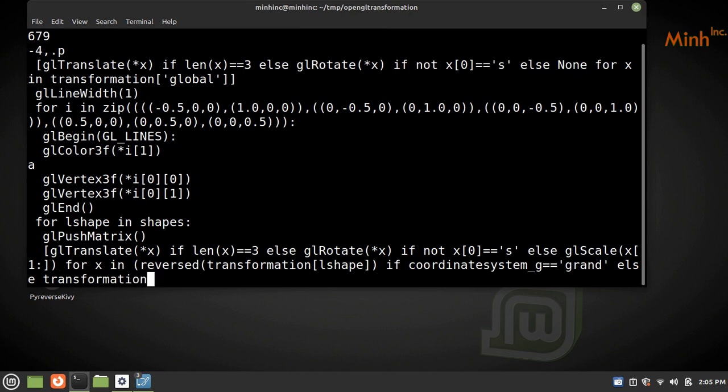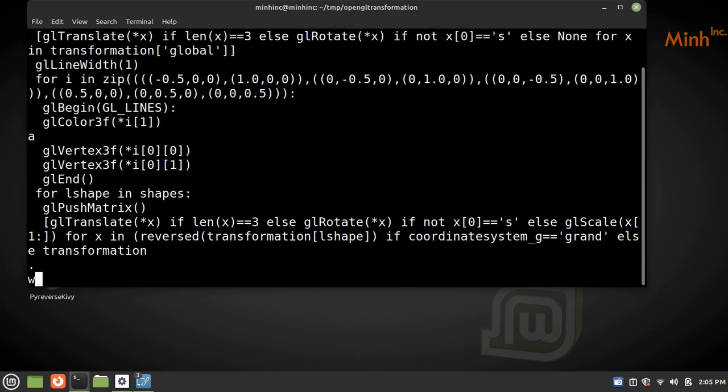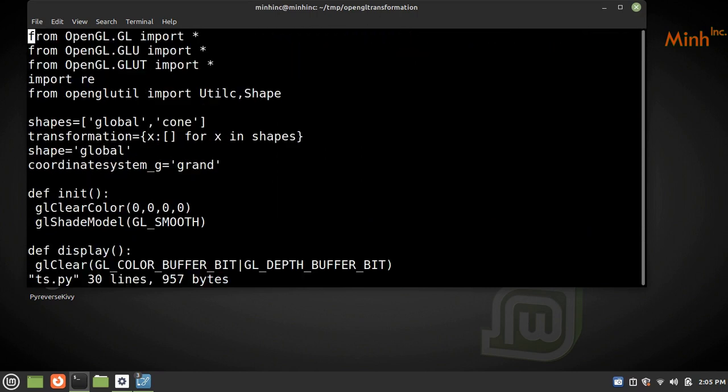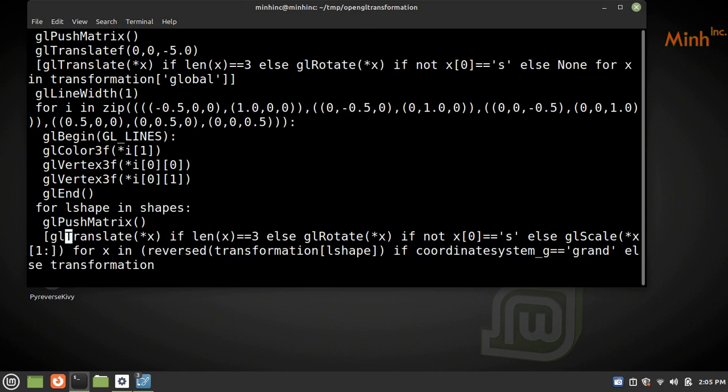I think we can keep it short. So probably we'll see the local coordinate first and then we'll see this. So we can curtail this. So GL translate x, rotate x is equal to GA, otherwise 1. Okay. For x in